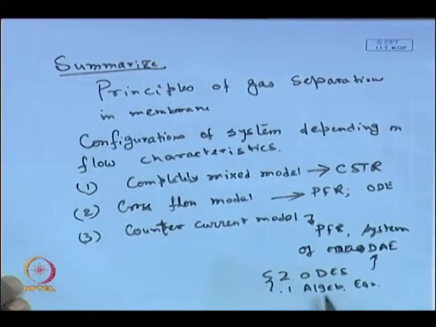Okay. Now, these equations were solved using the Runge-Kutta-Fehlberg method, and numerically one can find out the concentration of the solute or the desired species along the membrane length. One can also find out the various compositions of the reject stream, permeate stream, membrane area required, and so on and so forth. So, that gives roughly an idea how gas separation using the membrane based separation process can be modeled, and how the systems can be designed from the engineering point of view.